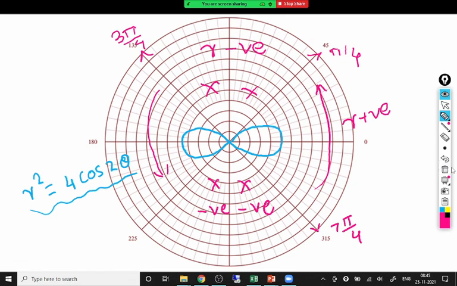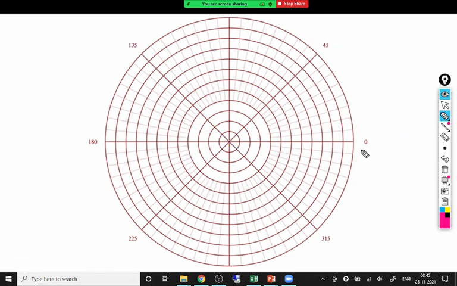Let me show you the lemniscate equation again. Sir, was the circle r equal to 2a cos theta? Yes, r equal to 2a cos theta or a cos theta, both are circles only. If I write 2a cos theta, it has 2a as the diameter on the x-axis. If r equal to a cos theta only, then the diameter is a. Okay, got it? Yes, sir.